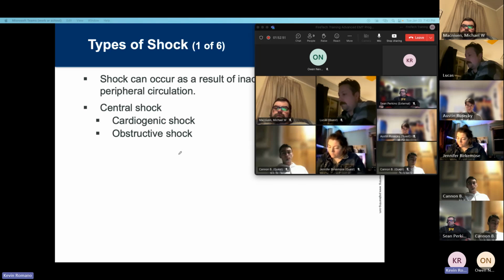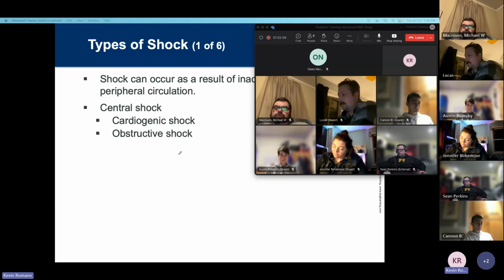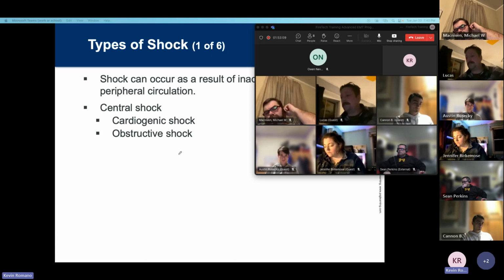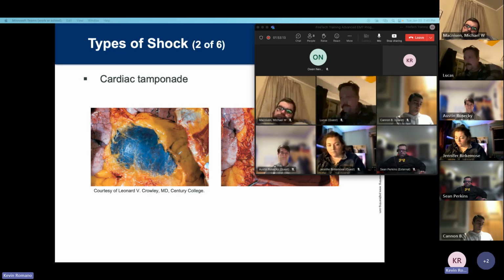We also want to find out the underlying cause. Obstructive shock occurs when the blood flow becomes blocked in the heart or the great vessels. So let's talk about one of the obstructive shocks, cardiac tamponade. As you can see here in this picture,